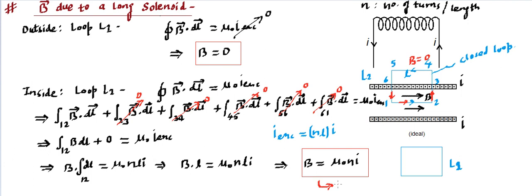So inside the field is uniform, we can claim that. So inside a solenoid, field is uniform, and it is independent of the location. That means if you choose this point, or if you choose this point, or you choose any point, the field is going to be same at all the locations, and the direction we have already decided. So we got the magnitude, we got the direction, and for outside point it is 0.